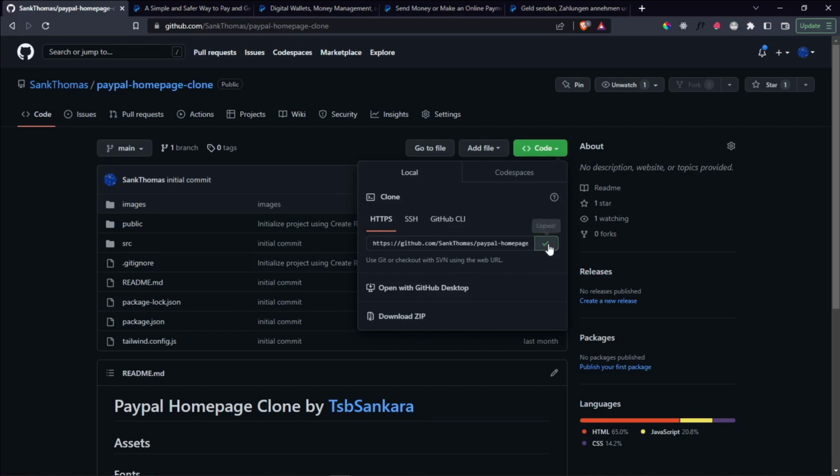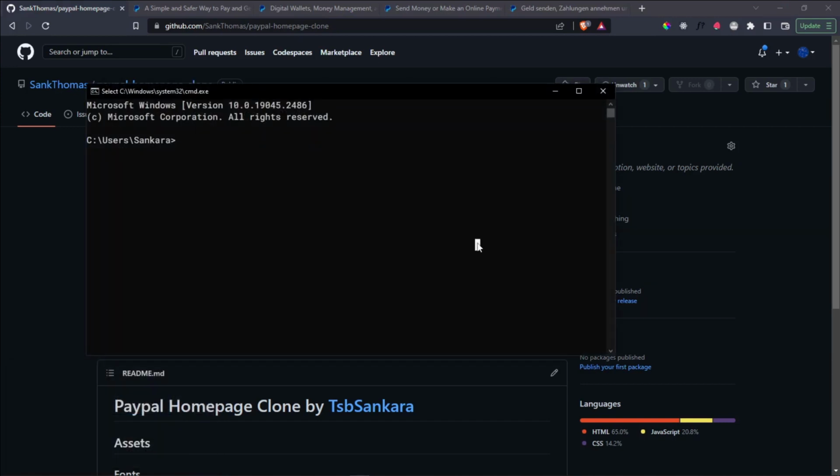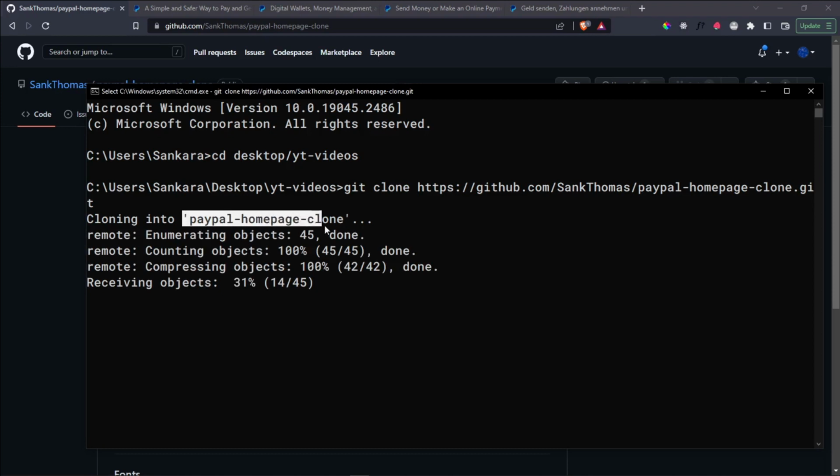So I'm going to copy this link, and then I'm going to open up a terminal, so command prompt, and then I'm going to cd into my desktop and then into a folder that is called yt-videos, and then I'm going to say git clone and then paste in this link, and it is going to clone into a folder that is called PayPal homepage clone. And so once it finishes, in 3, 2,